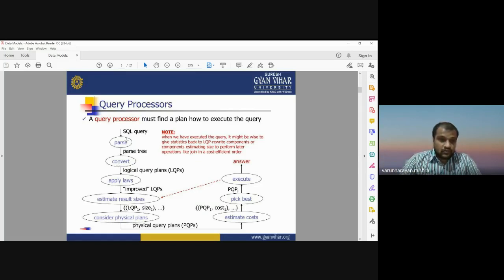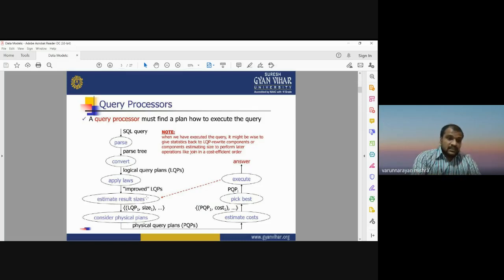In the first step we have the SQL query, then it goes to the parser. The parse tree converts the entire query into a logical query plan, in short, LQP.